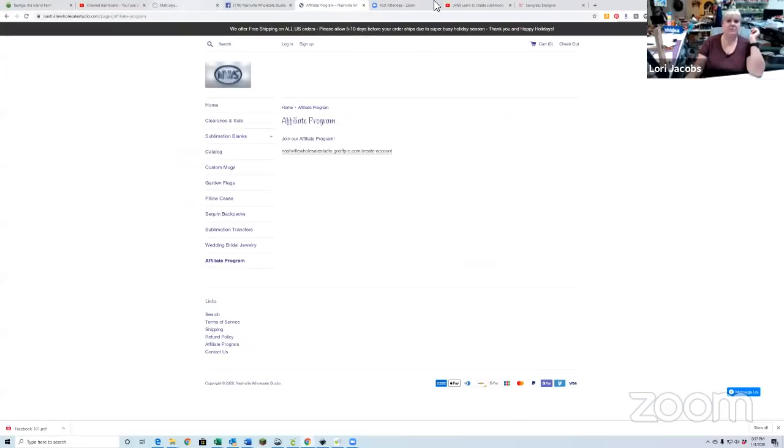Okay, so can you do hats? I would think you could do hats as long as they have a template for it, yes. So you can do cups, you can do mugs. Okay, let's get back over to it. All right, so